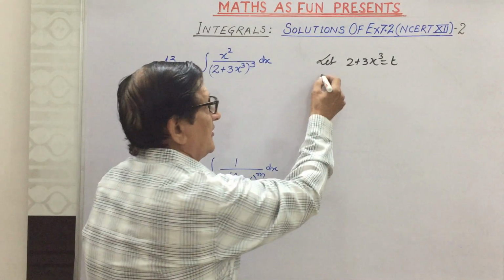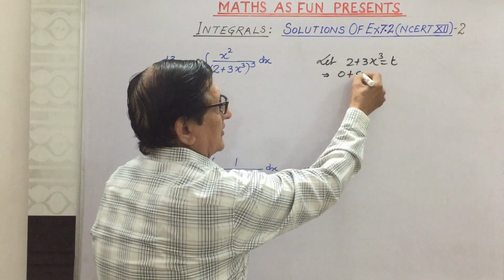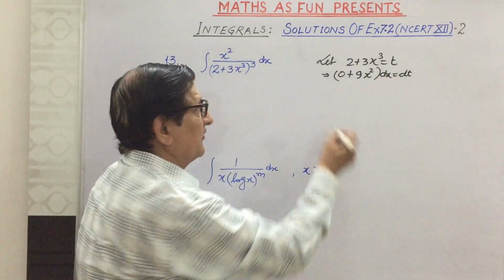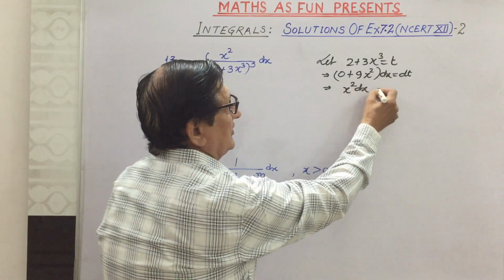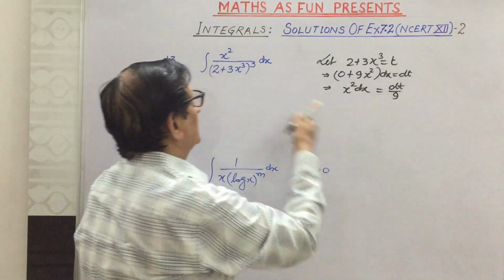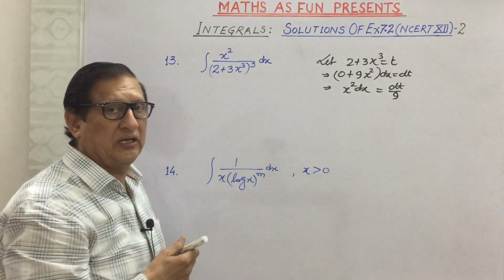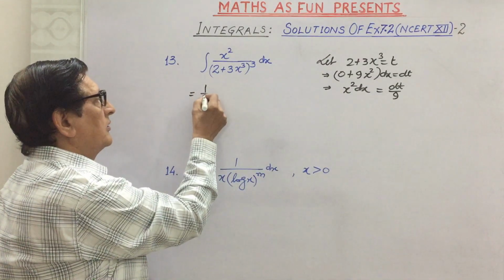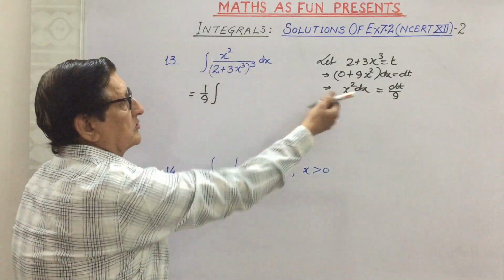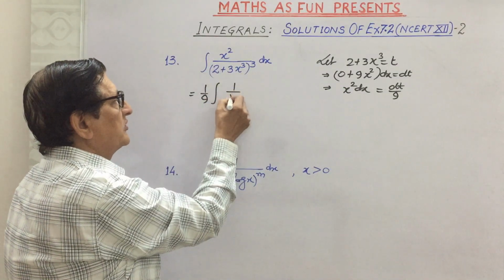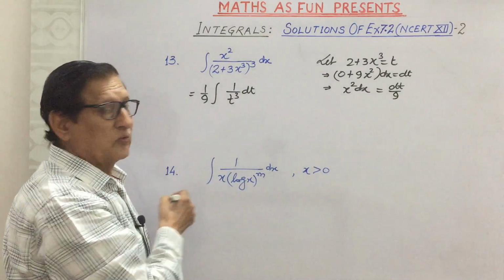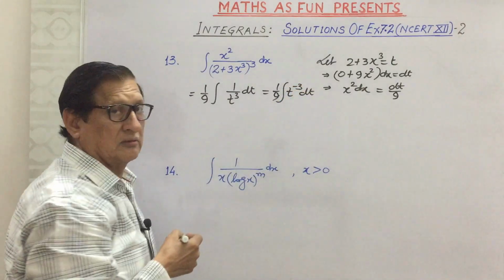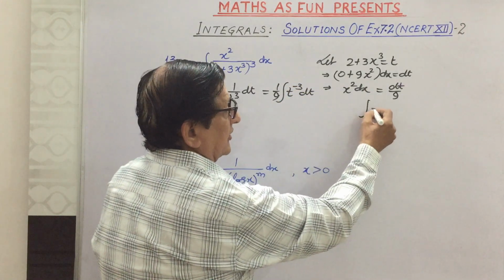Differentiating with respect to x, we find here 0 plus 9x square dx equal to dt. Simplifying this, we can get here x square dx equal to dt upon 9, because here we have got only x square into dx. Substituting that here, we get 1 upon 9 into dt, and this is 1 upon t cube. We can write this as 1 upon 9 t power minus 3,